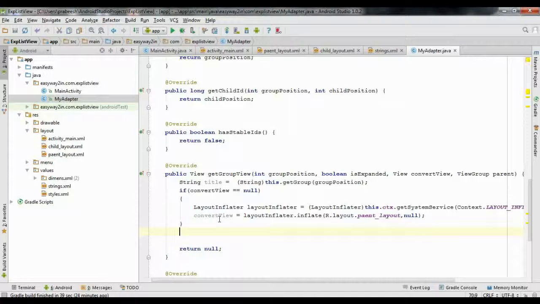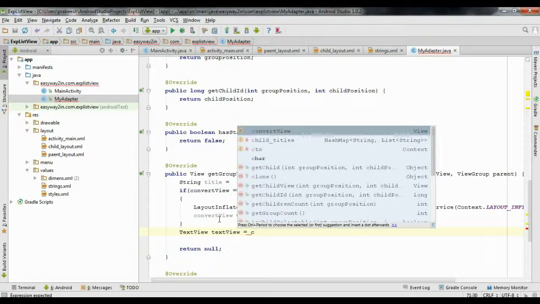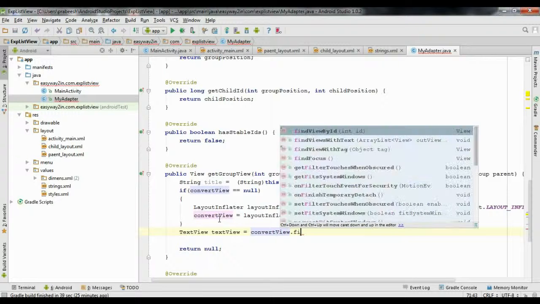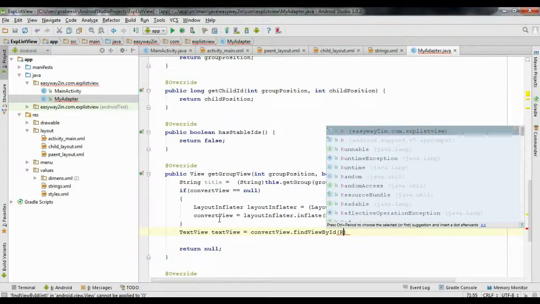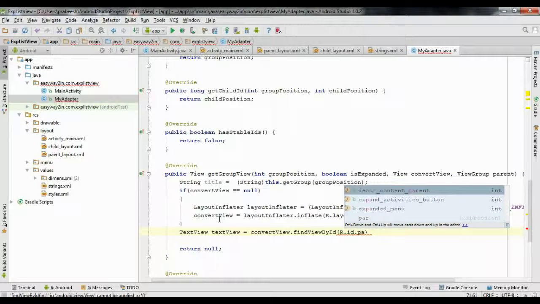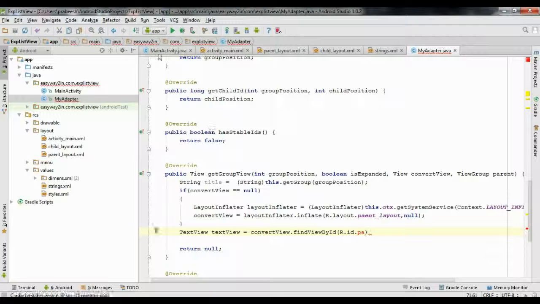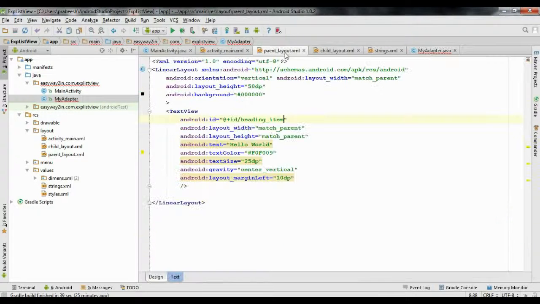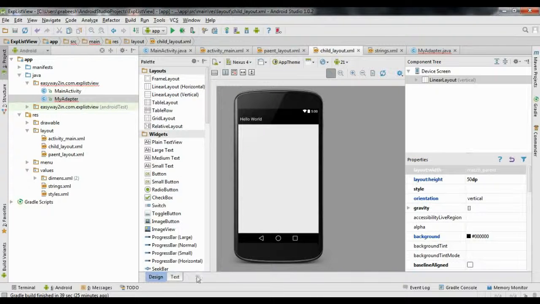So for the parent layout, here that is the heading title, that means the header title. So create an object of text view, I name it as text view equal to convert view dot find view by id r dot id dot, we have to check the id of the parent item. So go to the parent layout.xml file, heading item, that is the title, and for the child item,